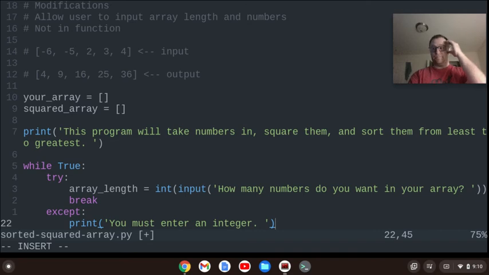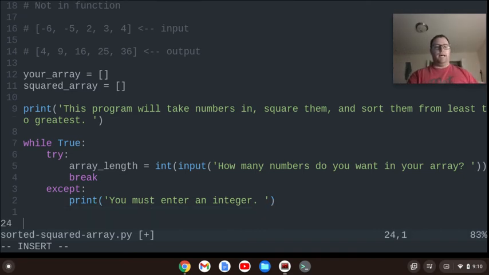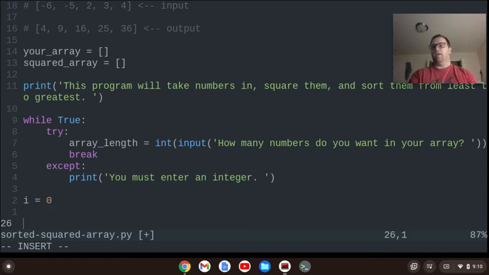Now we're going to do a while loop, but we need to increment a variable. So we're going to create a variable i and say that's equal to 0. And for this while loop, we'll say while i is less than array length,